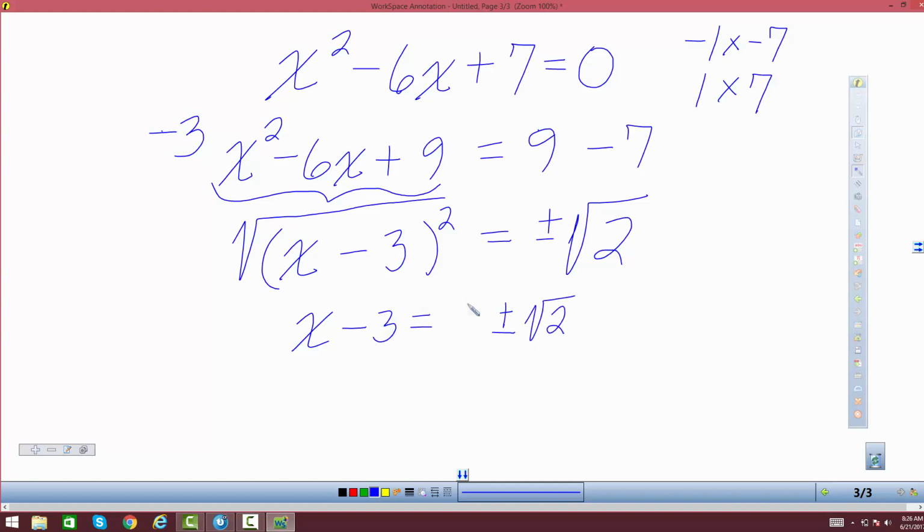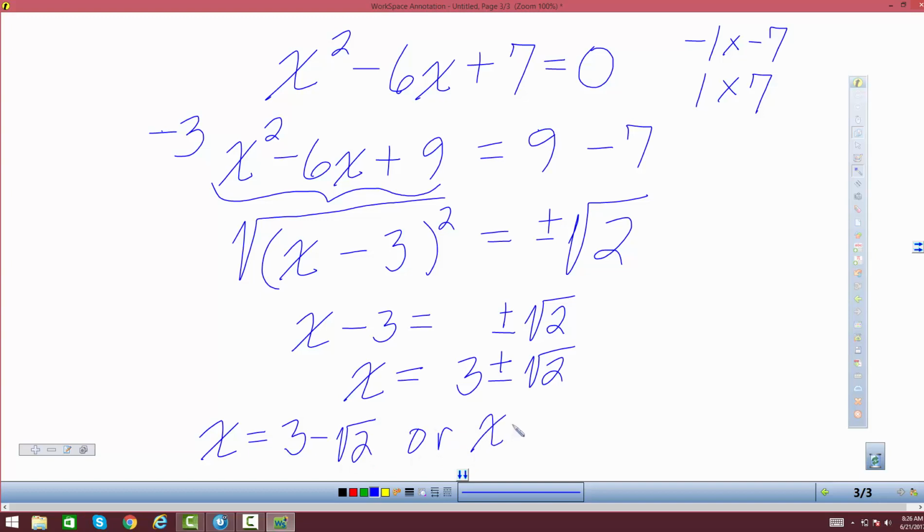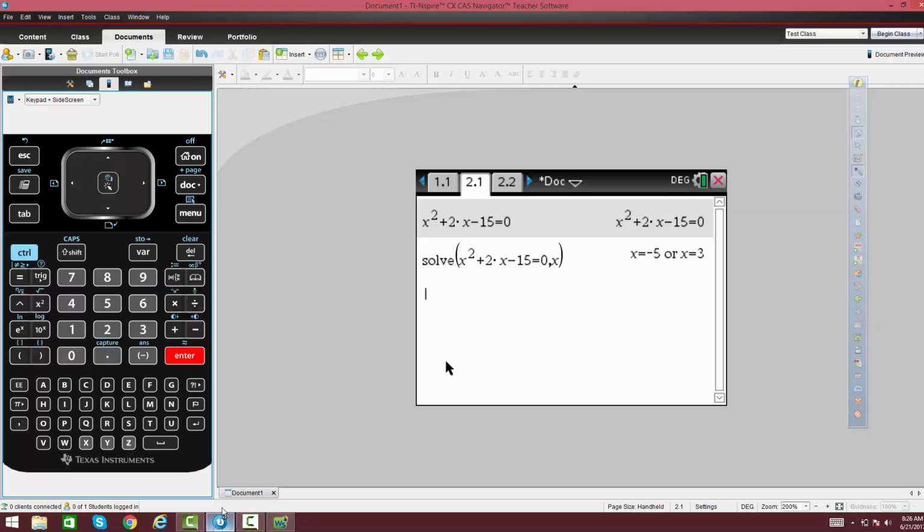I now add the 3 to both sides, so x equals 3 plus or minus the square root of 2. That's two solutions: x equals 3 minus the square root of 2, or x equals 3 plus the square root of 2. And then checking that in the calculator,